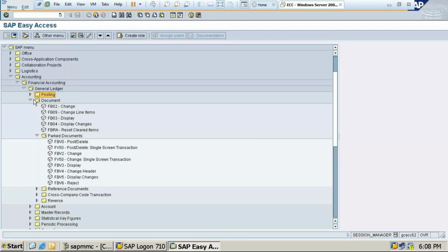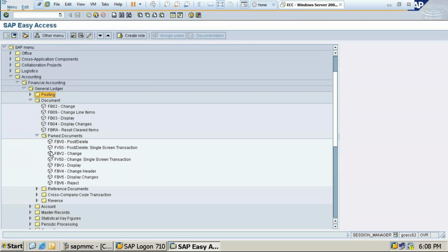Do not click on posting, directly click on document, then parked documents.